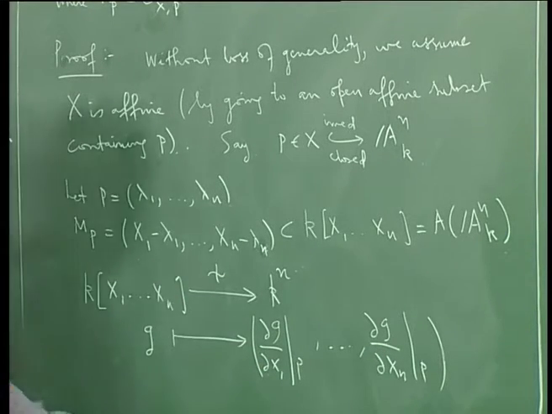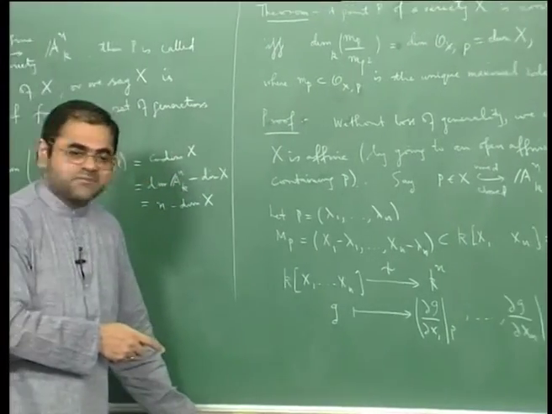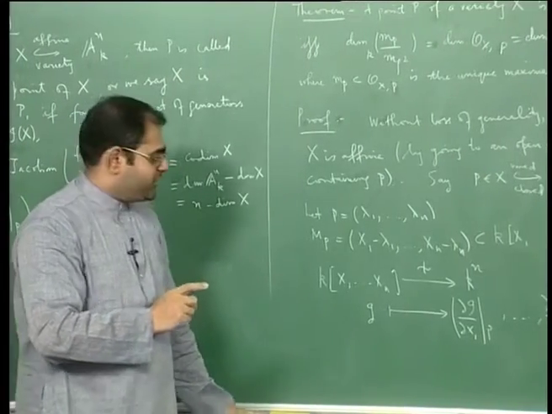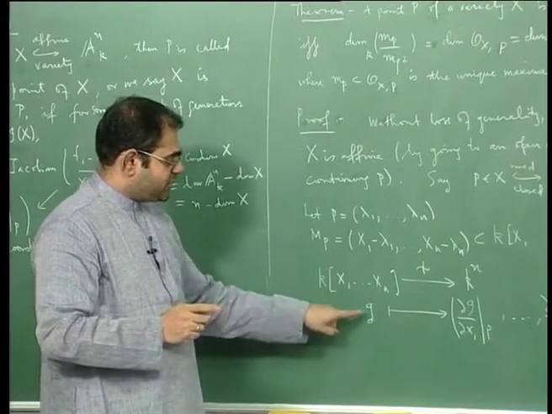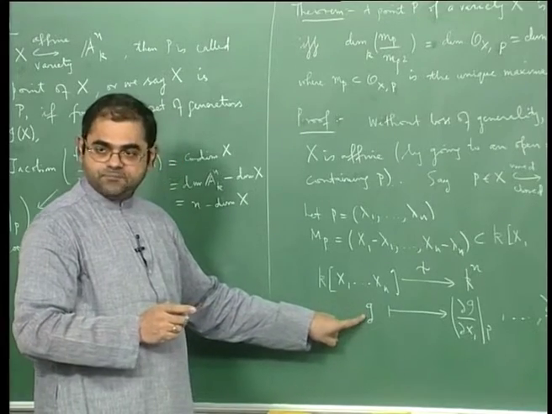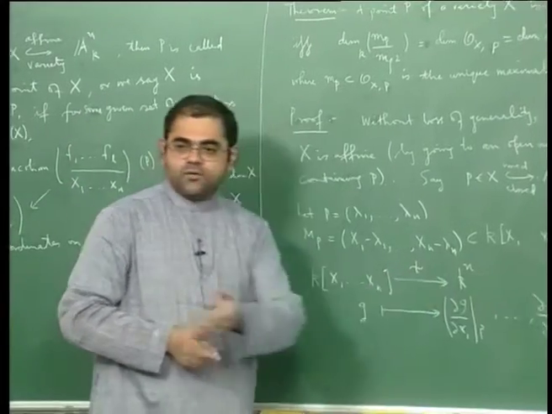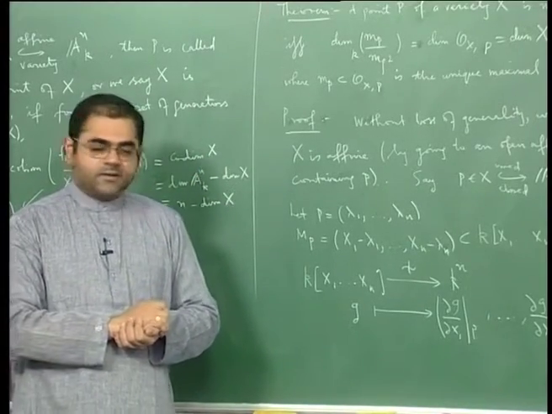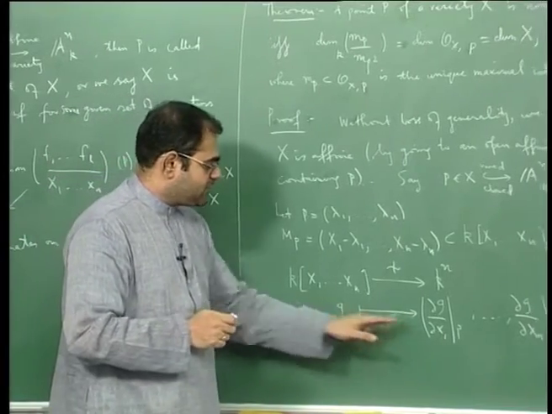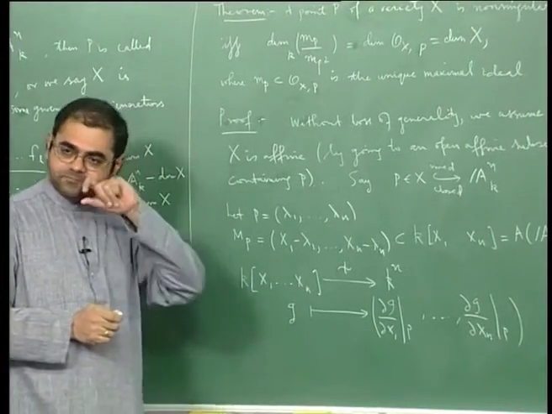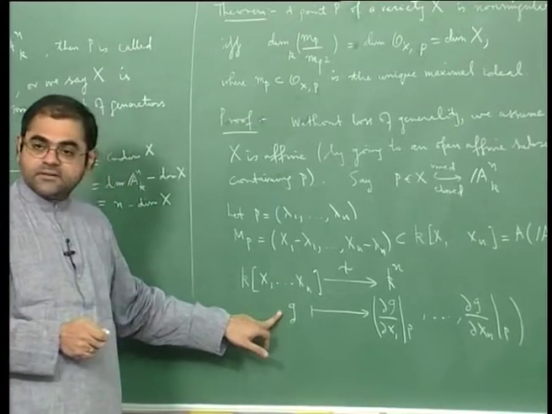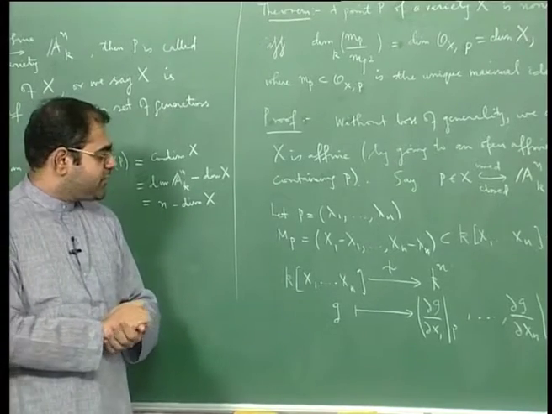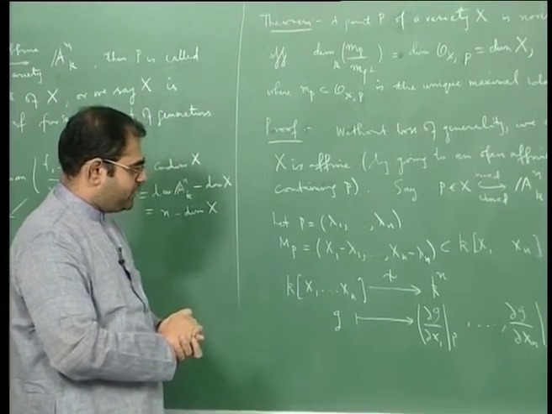Now the nice thing about this map ψ is that it is k-linear and surjective. The map ψ is k-linear because if I replace g by g1 plus g2, all the partial differential operators are linear, and therefore I will get a sum of tuples. If I multiply g by a constant, that constant will come out. Therefore it is k-linear, and it is surjective because